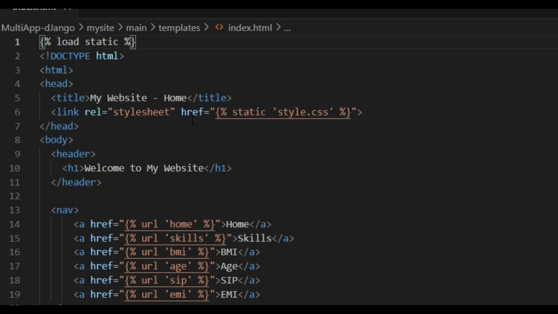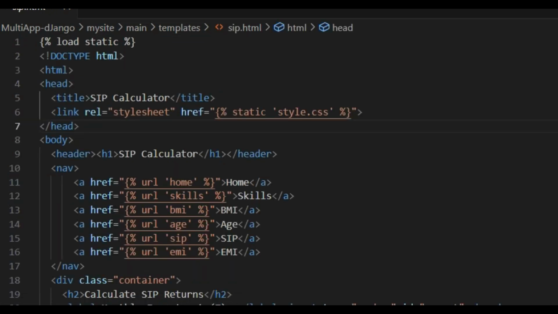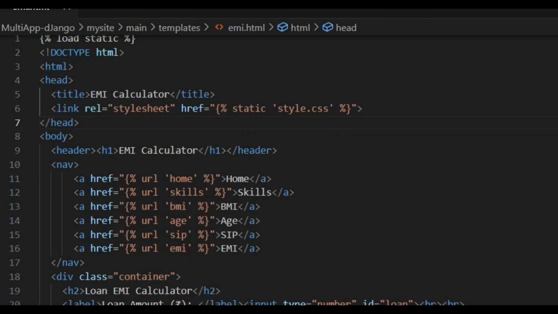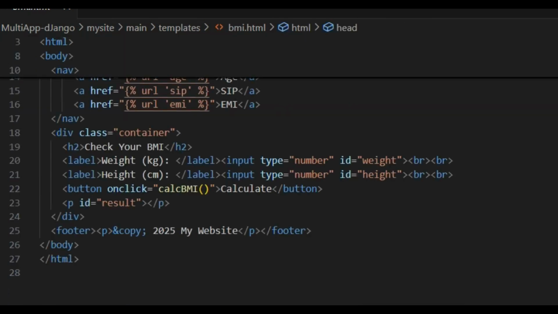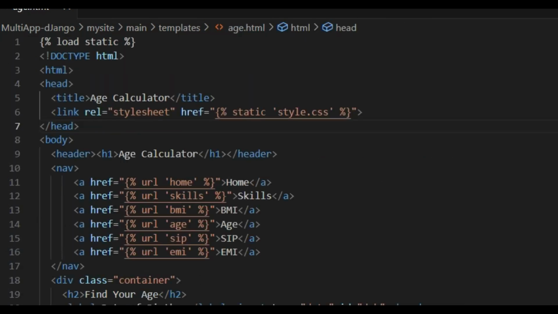These two things you have to make in zip.html, skills.html, emi.html, bmi.html, age.html, everywhere you have to refer. Apart from this, if you want to show an image, that is also part of static. So you have to be comfortable with all these changes.